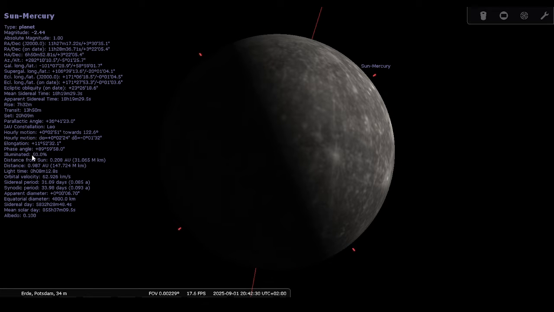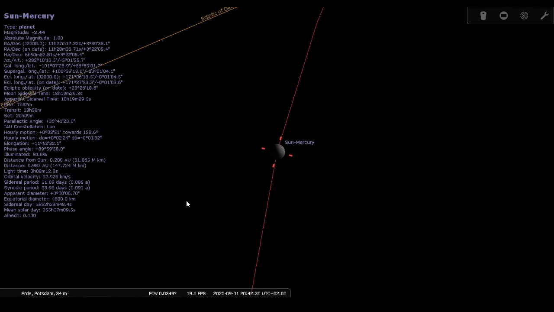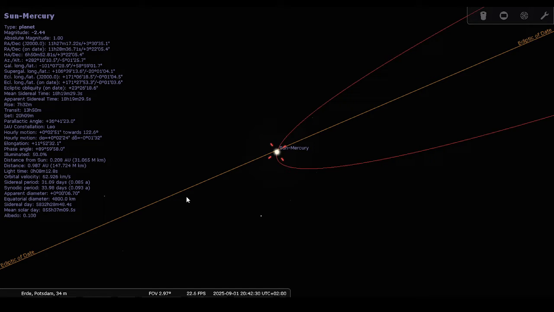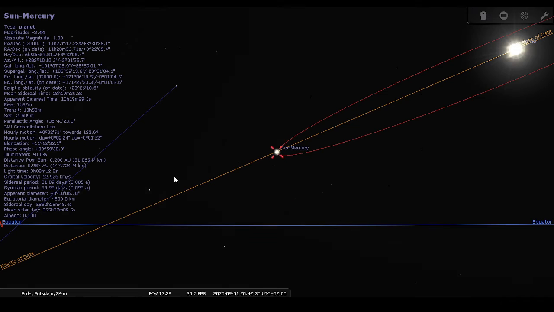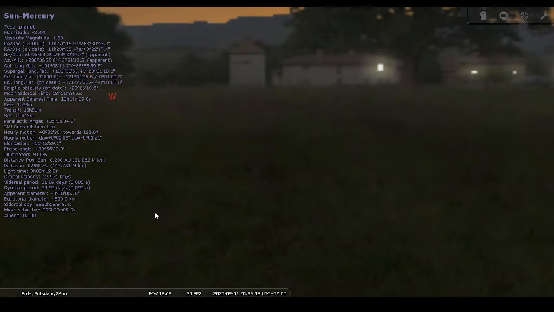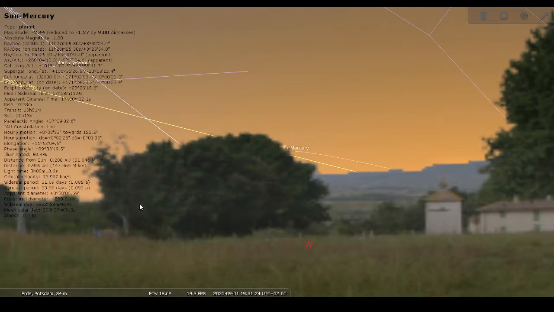It's now 50% illuminated, like a very small half moon. The apparent diameter is about 6.7 arc seconds. It's very small. In comparison, the moon has an apparent diameter of about 30 arc minutes, and 1 arc minute is 60 arc seconds. So it's very small. But now I'm looking from Potsdam in Germany, which is about 52.4 degrees